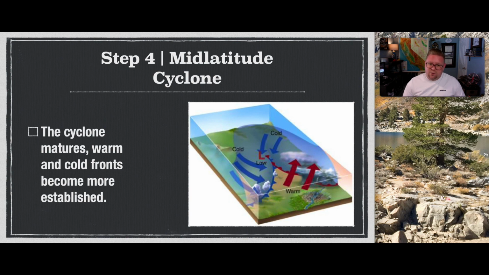Now, the cyclone will mature, the warm and cold fronts become much more established, and we're now seeing essentially weather. We're now going to be able to identify the different types of weather, but notice how large this system has become between both the cold and the warm fronts, and in their meeting zone. It's now taken up almost the entire diagram. Think back to that animation that I showed you, how you could see it was a very small zone, and then as it began to really rotate counterclockwise, how big it began getting in its final stages of maturity,